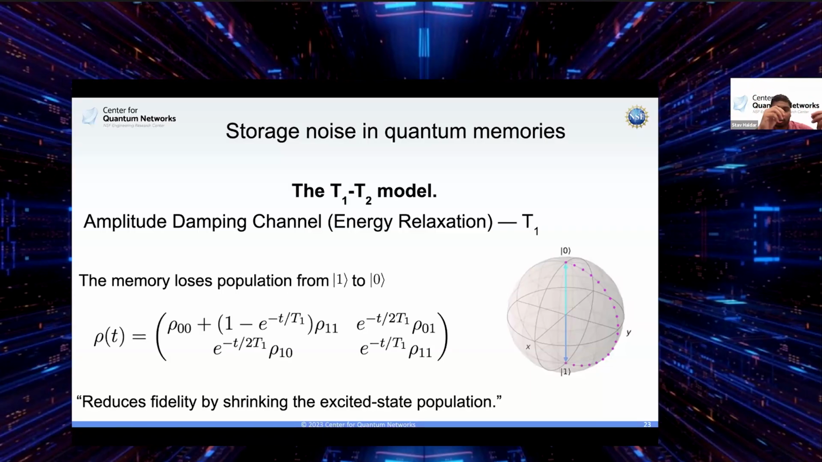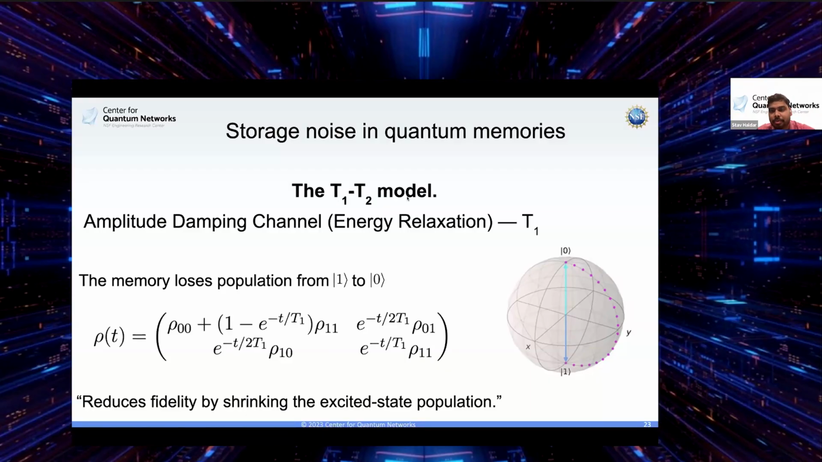It's constantly moving on the Bloch sphere, it gets inside the Bloch sphere and so on. Of course, if it's moving just on the Bloch sphere, you can always rotate back, so that's not a big problem. But what really is the problem is if you lose coherence, right? If you lose coherence, the Bloch sphere shrinks and you get inside the Bloch sphere, you lose your quantum properties. So one of the most standard models to look at storage noise in quantum memories, or decoherence in quantum memories,